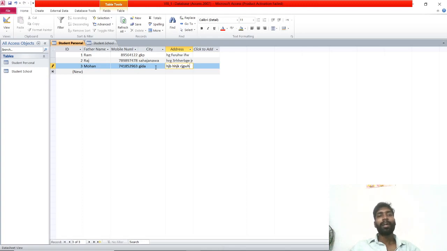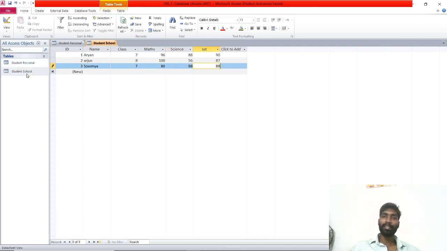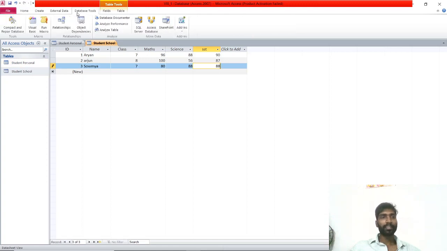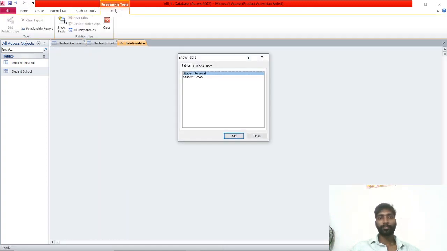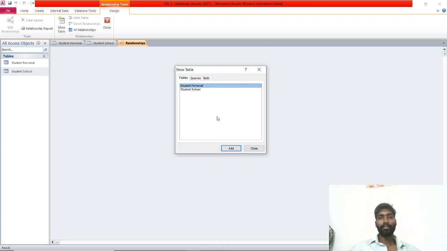Now I am going to link the tables. In both tables, we can see ID is common and ID is the primary key. Now I am going to link. So how am I going to link? Database tools, relationships. Now show table, student personal, selected, add.